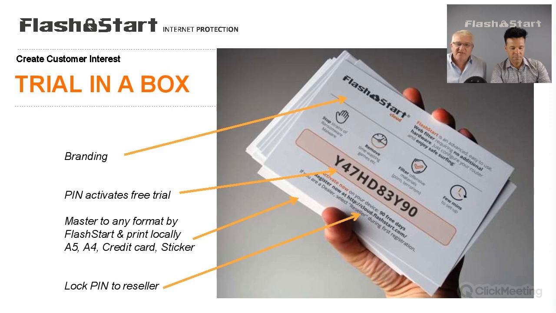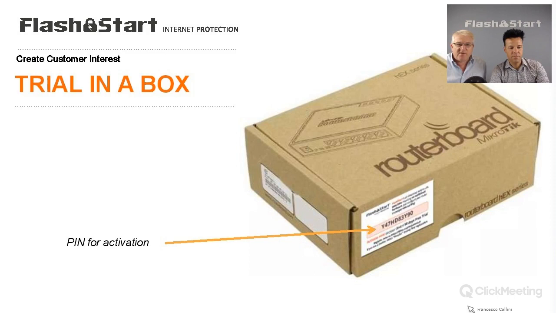And for the reseller, if you're handing these out, it locks the trial back to you. You see this in your dashboard. You see people activating it, that they've activated correctly and are using it, and therefore you can assist them in their trial process. The extension of that, of course, if you're shipping routers, is to put one on every box. You can give them out at trade shows, but put one on every box going out the door. There's nothing to lose. These come free for those resellers who are investing in 500 coin packs and above.